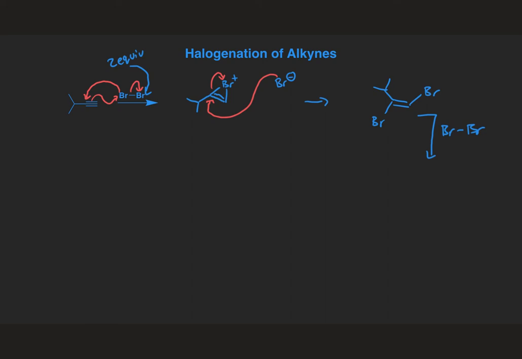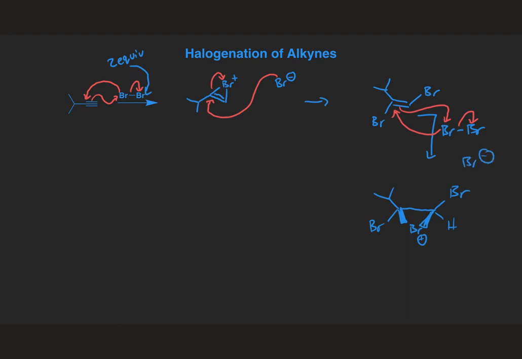And this reaction is going to work just like an alkene. Attack, give some electrons back, and break the Br-Br bond to form another bromonium ion, like so, and a Br minus,